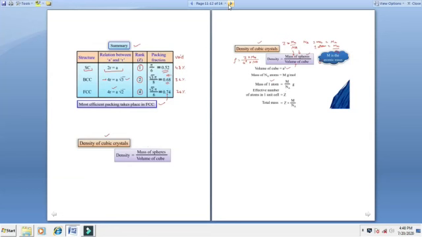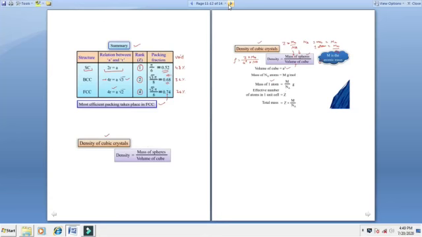So what you have to keep in mind for density is the units. Either you will follow the CGS system or the SI system. Whatever is the unit for mass, the same system should be there for volume. Not that one is in kilogram and the other is in centimeter. If you are using kilogram, then the length should be in meters. So pay attention to that.